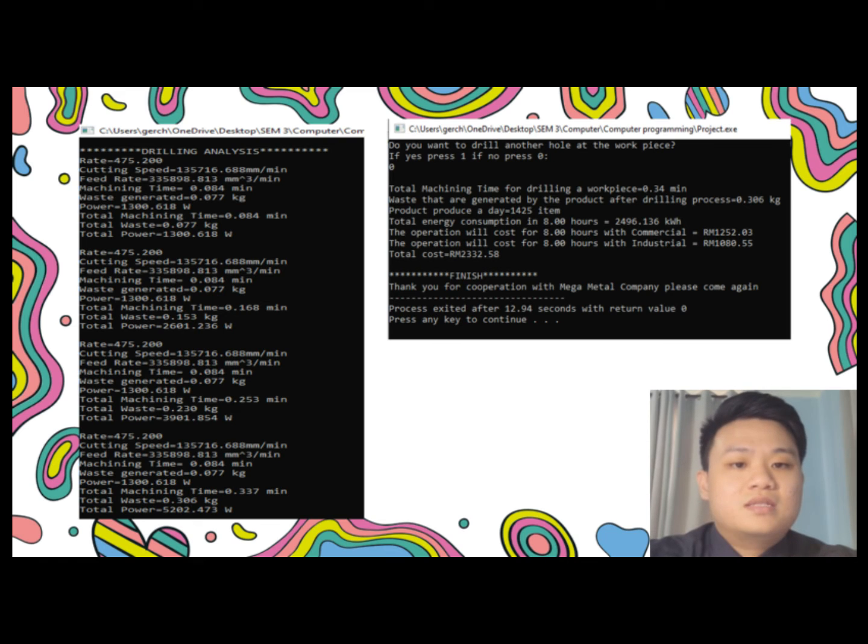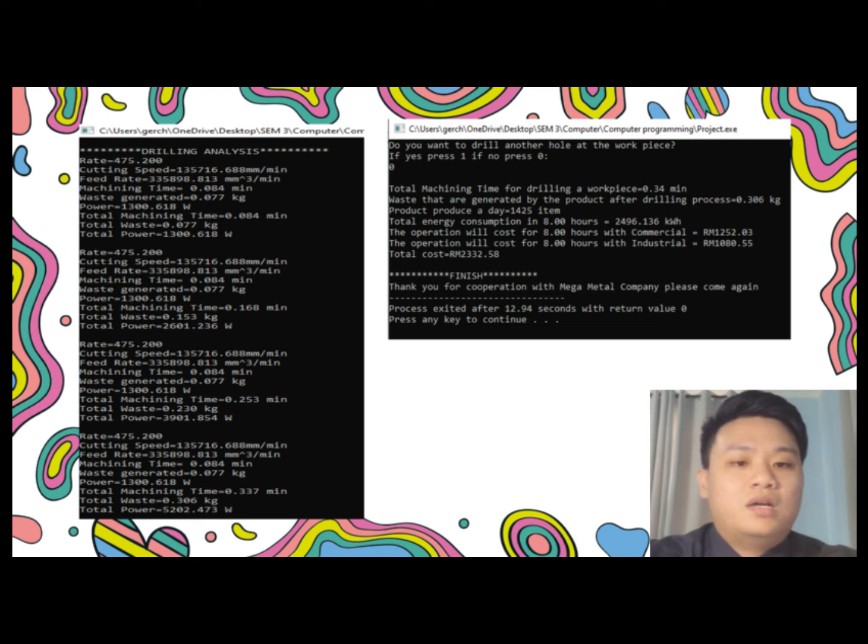And on the right-hand side, we have calculated that the total machining time for drilling a workpiece is 0.34 minutes. Waste generated by the product after the drilling process is 0.306 kg. The product produced a day is 1,425 items. Total energy consumed in 8 hours is